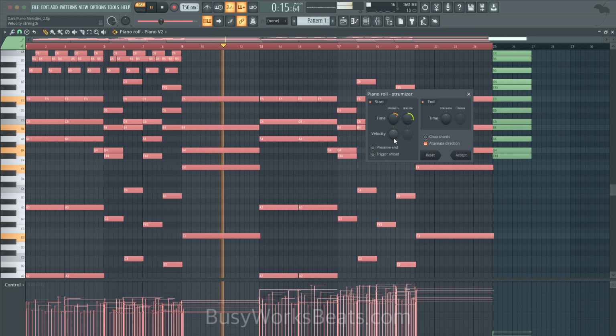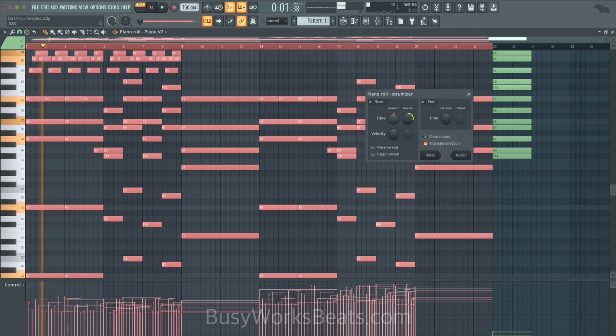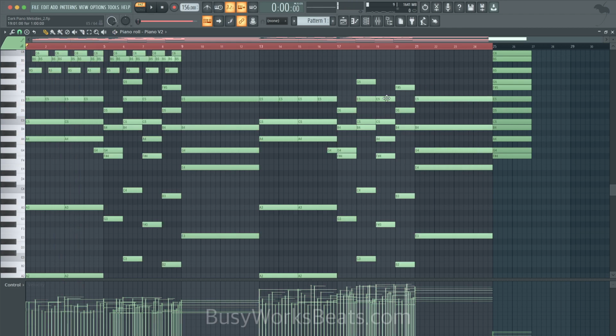I don't mess with the velocity because that messes up the randomness. And sometimes if you use too much strength, it adds almost like an attack to the sound, so it makes it soft. So this is optional, not mandatory. For this case, I'm not going to use it because I don't want to mess up what we have.